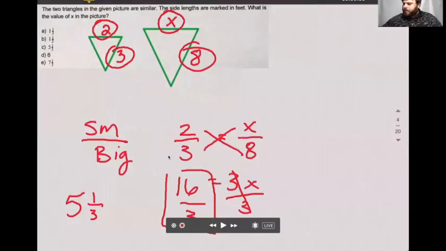All right, moving on. The car is discounted 6%. The new price is $7,050. What was the original price? Okay, for this problem, they tell us the discount and they tell us the new price. They don't tell us the original price. If they told us the original price, we'd just subtract 6% from that. This has to be a little different. So what we do is the original price